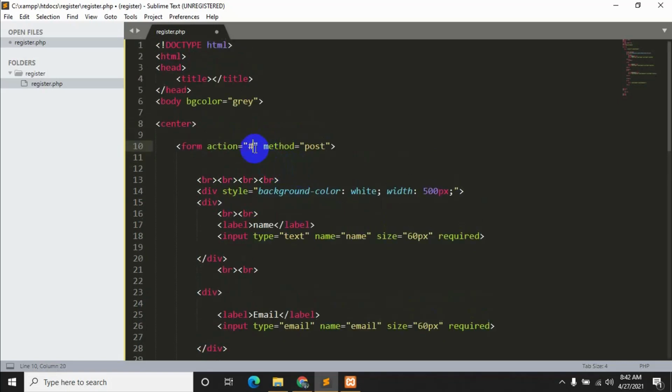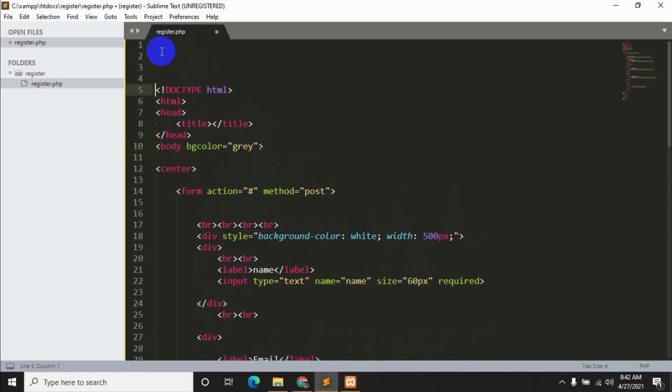But if you want to create another .php page, then you have to add that page name inside this action. But we want to do the validation in the same page, so we'll write hash.